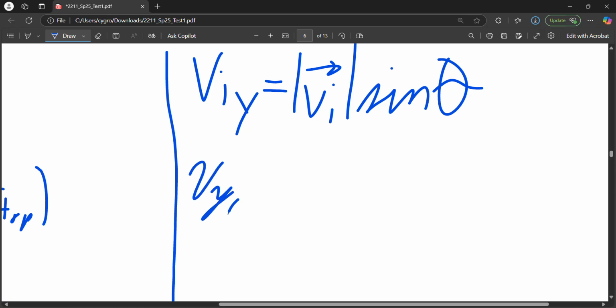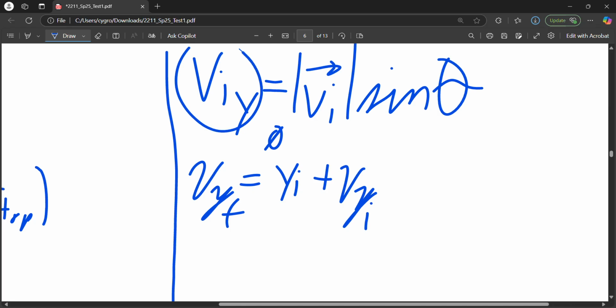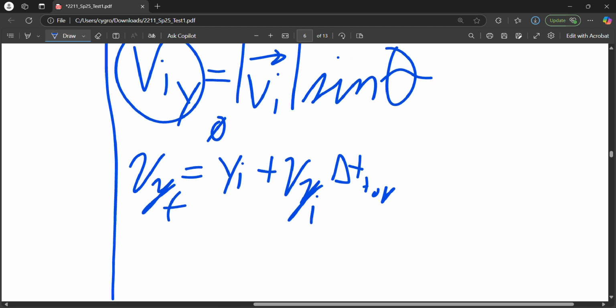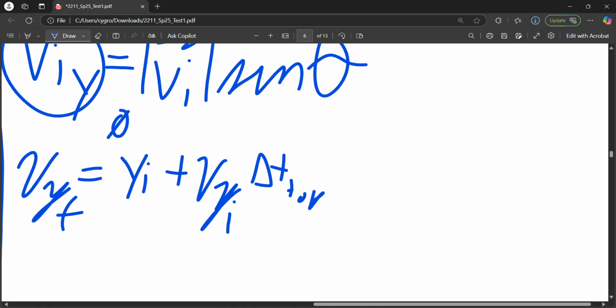So velocity update, we're going to go with Vy final is equal to y initial, once again this is going to be 0, plus vy initial, in this case I'm using this to equal this as well, then we're going to do times change in t top, and then we also have acceleration for this one. The other one we didn't need to worry about it so much, so we're going to do plus 1/2